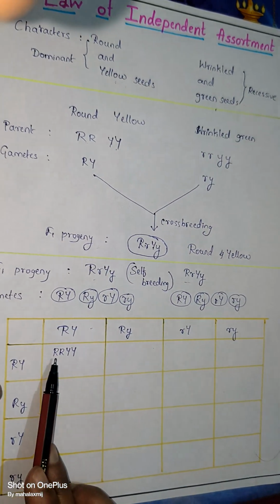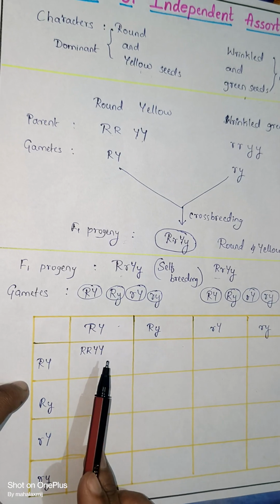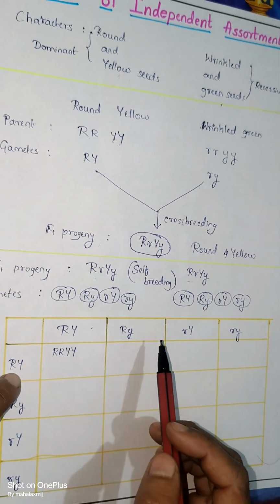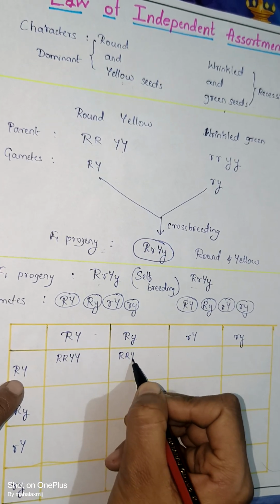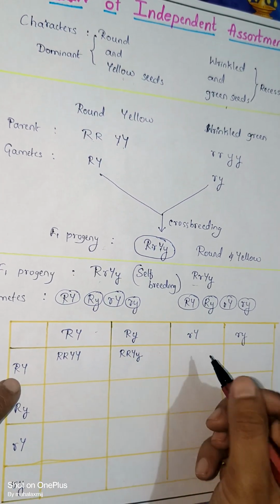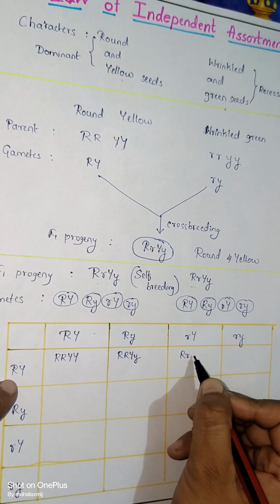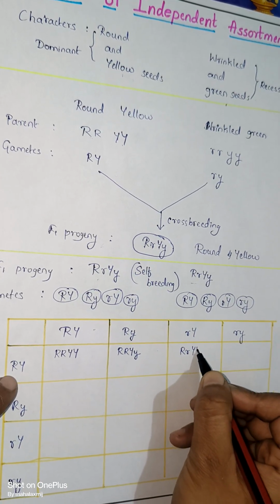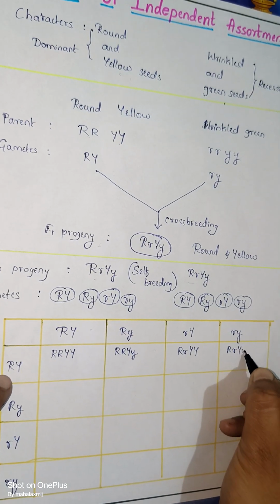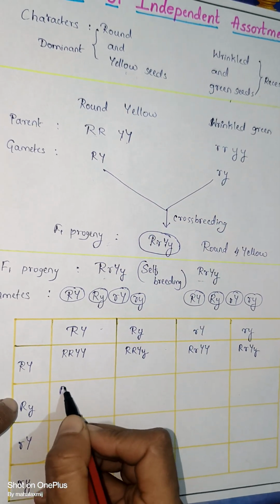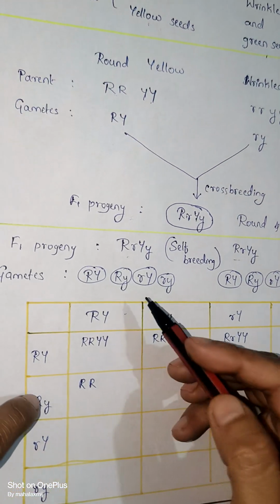We are not supposed to write RY, RY. Next is capital R, capital Y, capital R, small y. So it is RR, capital Y, small y. And the next is capital R, small r, capital Y, capital Y, capital R, small r, capital Y, small y, capital R, these two,